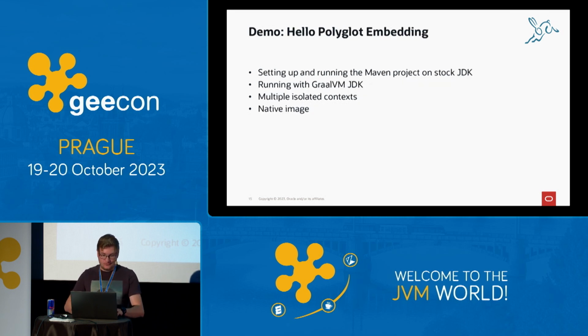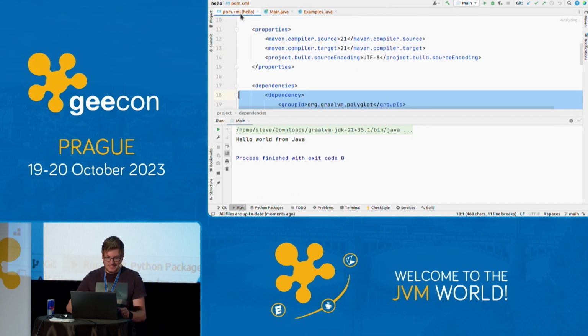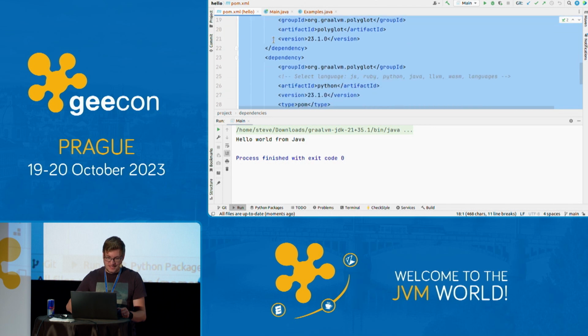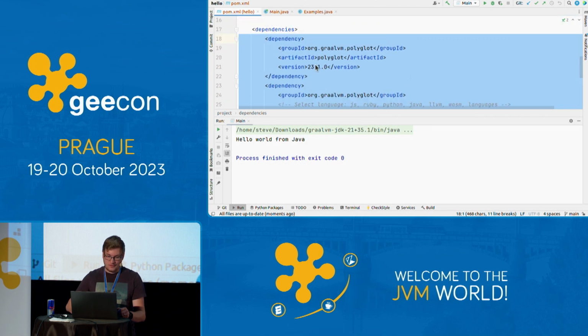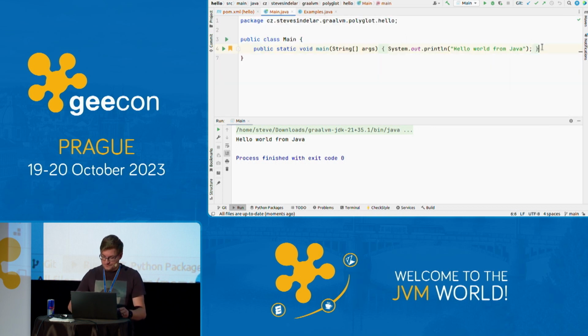Now let's take a look at some examples. So this is a simple Maven-based Java project. If I run it, it says hello world. What I'm doing here is that I added the dependency to GraalVM polyglot and the Python language. And now I'm going to use the